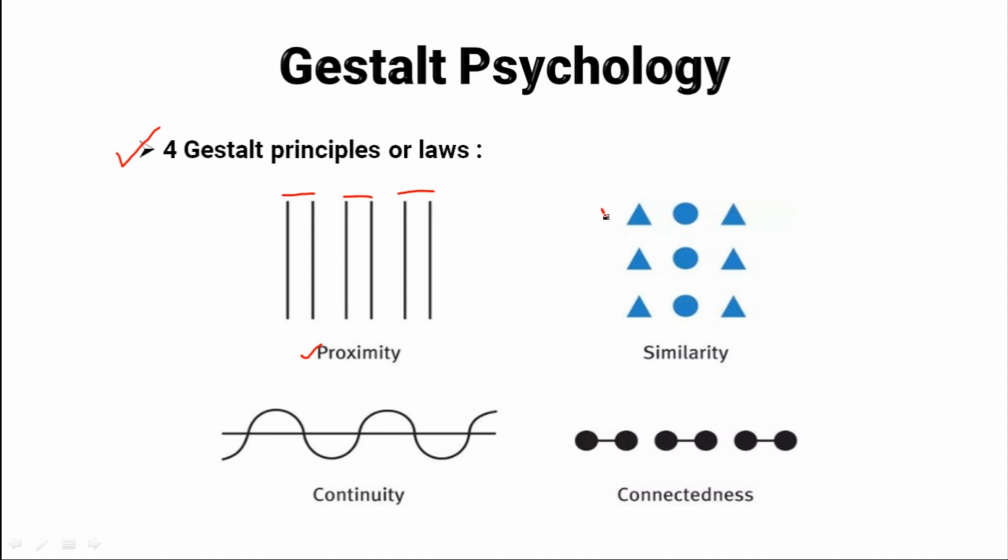And now here, when I ask you what you see, you say that I have two groups of triangles and one group of circles, and this is called the idea of similarity. Similarly, when I show you this, most people will see that it is a curve or complex function curve. This is not a sine curve, but a cosine curve.